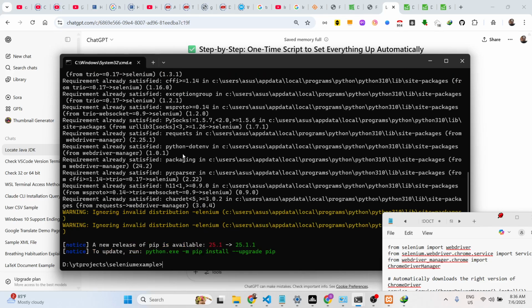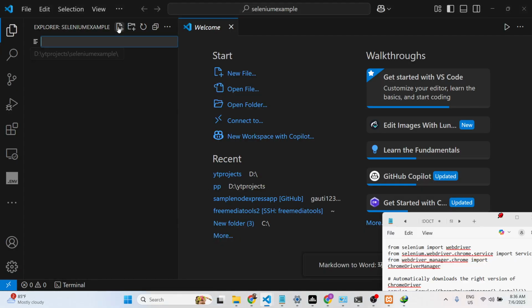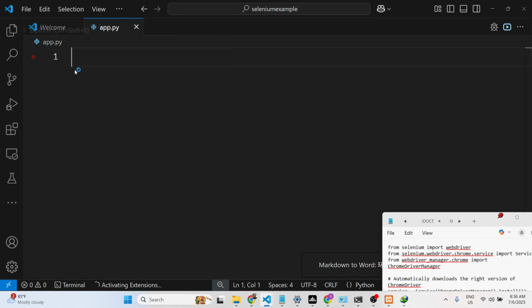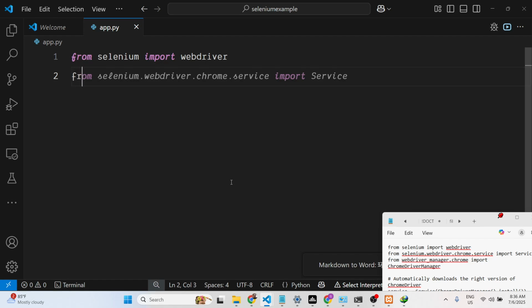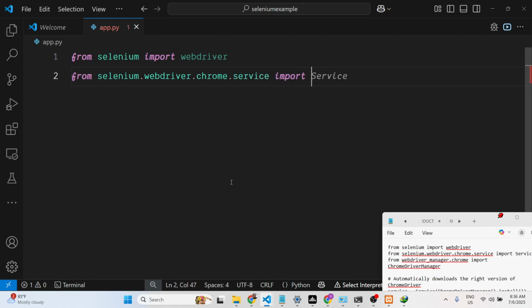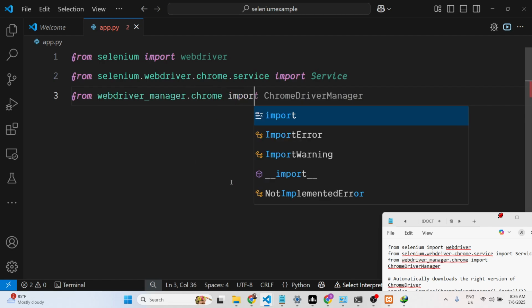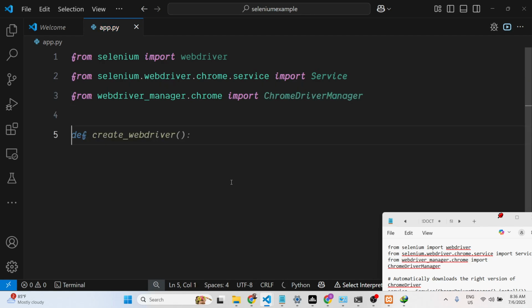So once the command executes successfully, now after that, you need to execute a Python script here, and you just write here from selenium we need to import this webdriver, and then from selenium.webdriver.chrome.service we need to import Service, and then from webdriver_manager.chrome we need to import ChromeDriverManager, and after that it